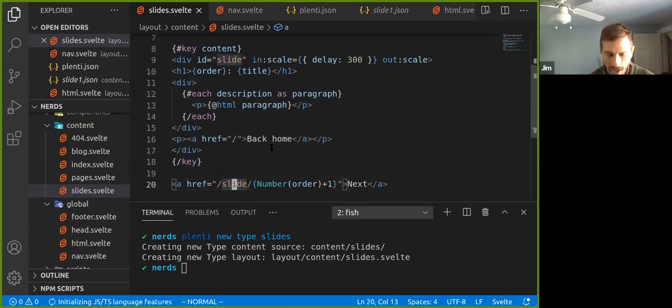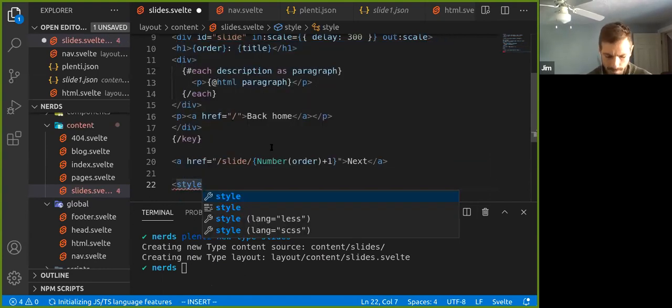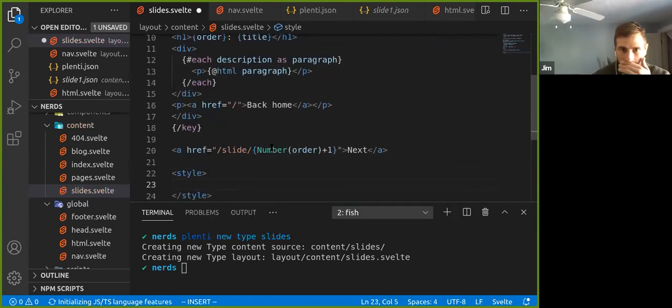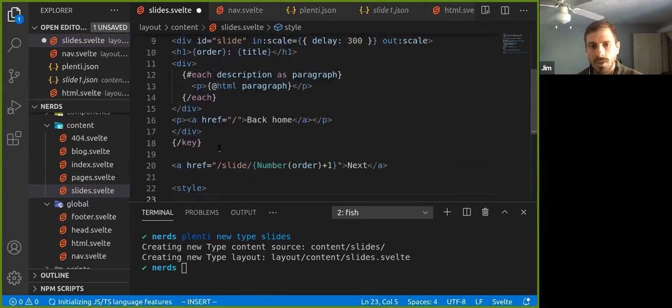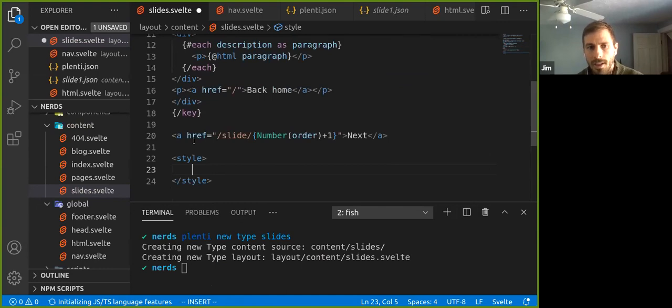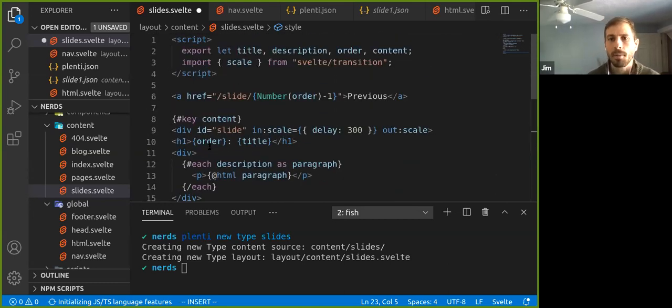Now, in Svelte, styles are great because they're actually scoped to your component. So you can just add a style tag here like this, and you could target HTML directly. You don't have to target specific classes because it gets scoped exactly to this component. If you target an anchor tag, for instance, it's not going to propagate to other anchor tags. And if you add styles here that aren't used, they'll get shaken out, so you have a really small bundle at the end of the day.